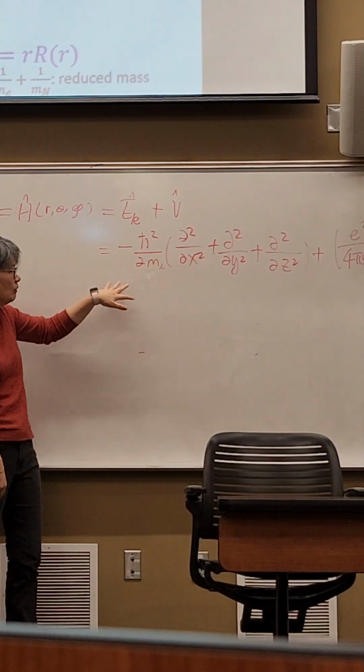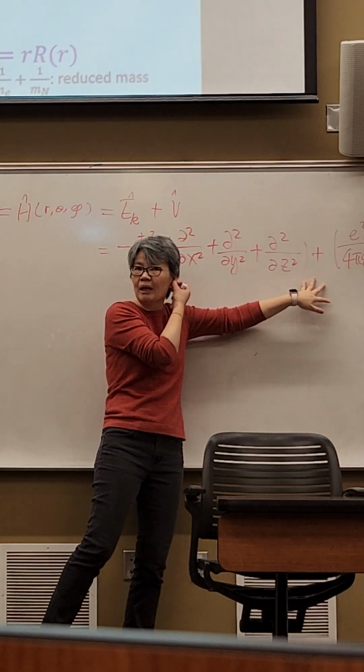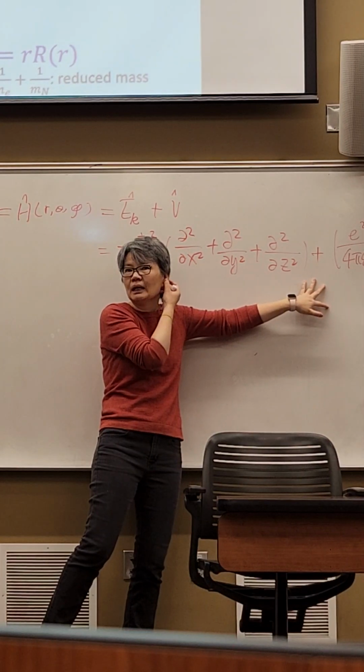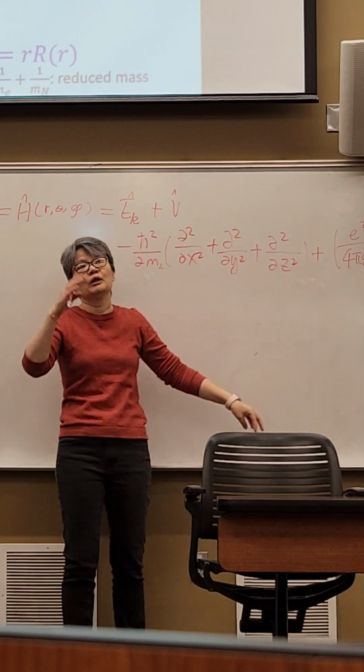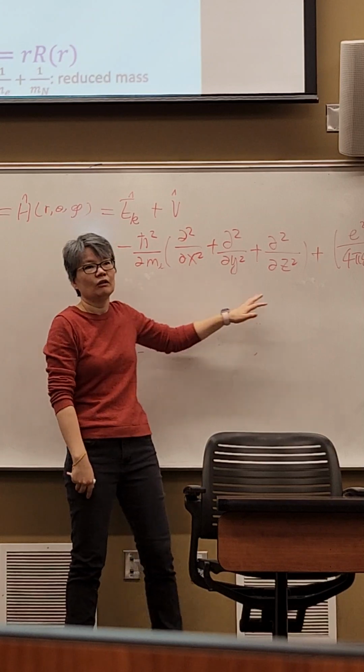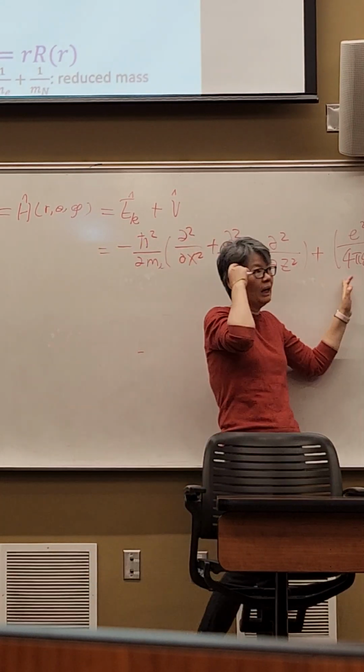So therefore, the first term in the Hamiltonian operator is the kinetic energy for the motion of the electron with respect to the nucleus, motion in three-dimensional axes, and then you have the